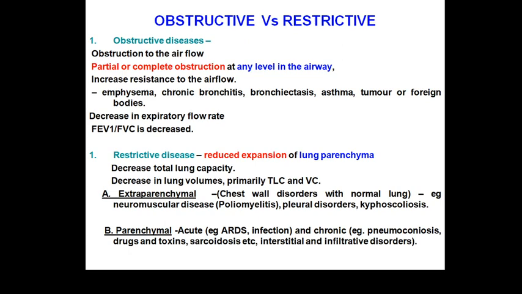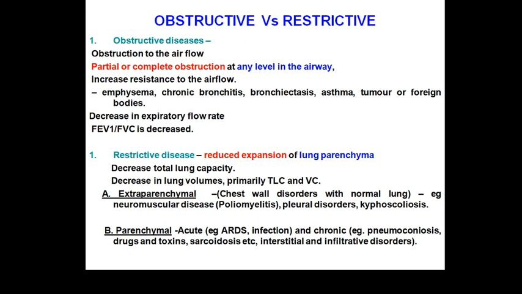In obstructive diseases, there is a limitation of the maximum airflow rate during forced expiration, which is usually expressed as forced expiratory volume at 1 second, or FEV1. So FEV1 will be decreased in obstructive pulmonary diseases,